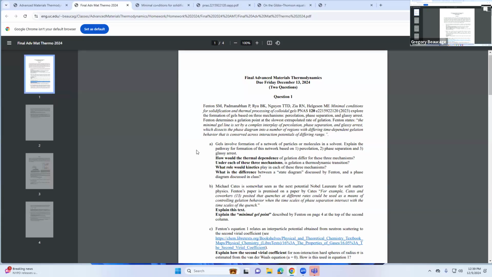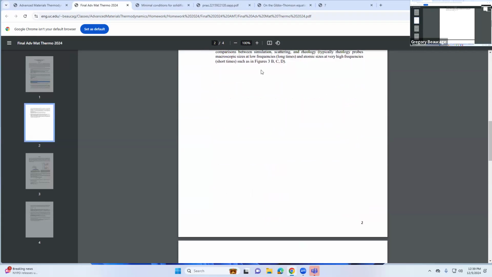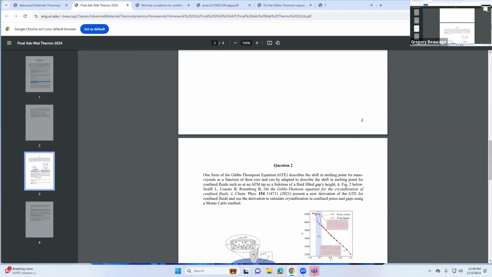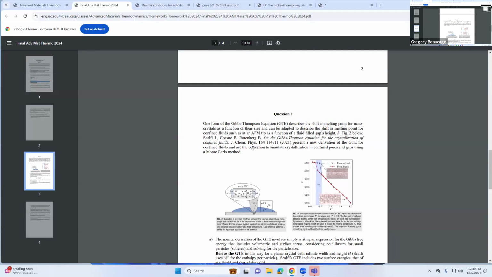So there's basically two homeworks. One's on colloidal gelation, and the other's on this kind of crystallization in a confined geometry. This is kind of a surface chapter one, and this is